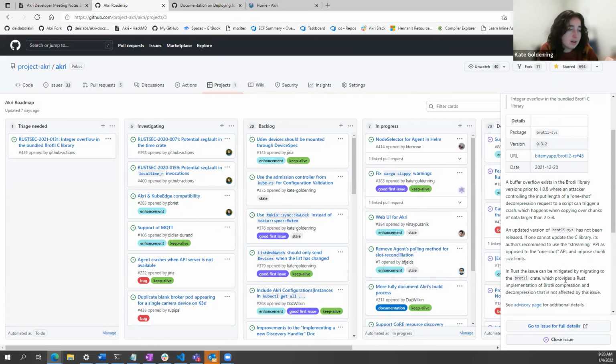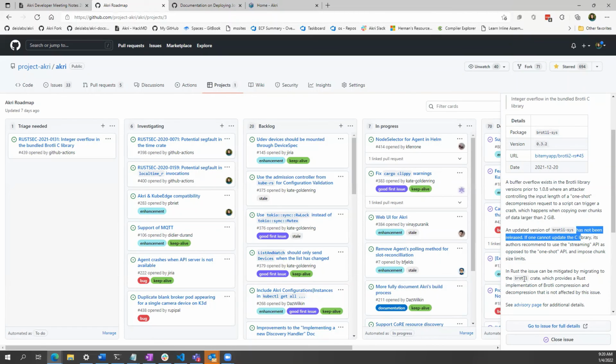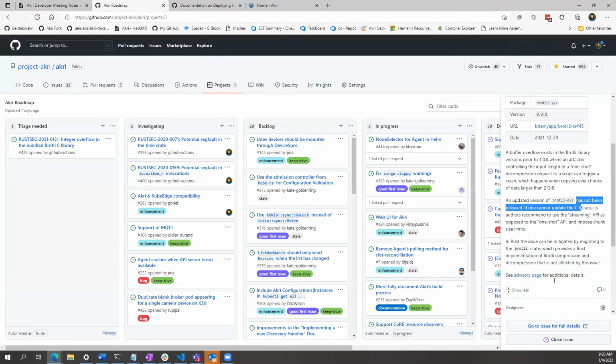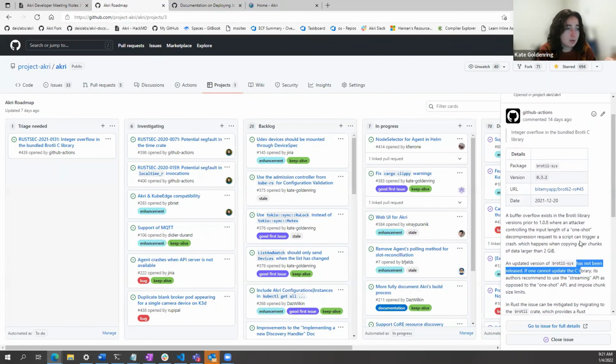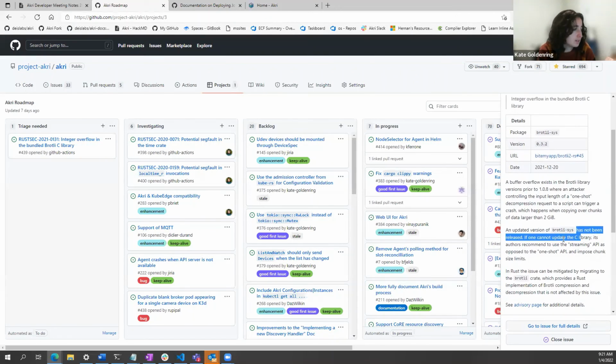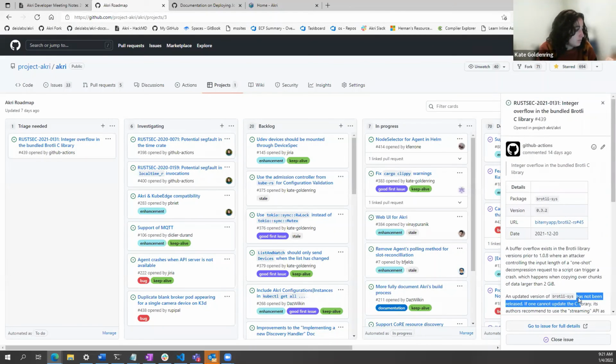Oh, it looks like it's not updating. It's not going to resolve it. An updated version has not been released. We'll need to switch crates. I'm pretty positive we're not bringing this crate in directly, so we'll need to look at what dependency is bringing it in to add a little more context, because we want to track at least what dependency is bringing it in, and whether they're addressing it.